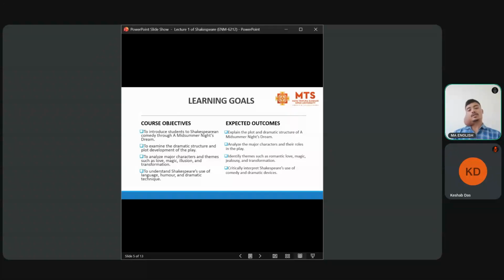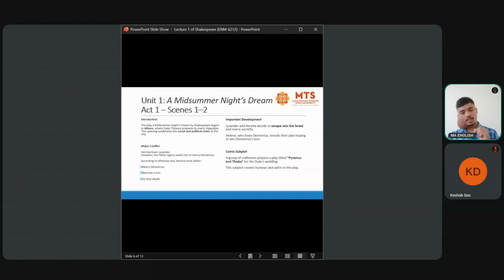Now let's dive into Unit 1, Act 1, scenes 1 to 2. Before we talk about what happens in Act 1, let me give you a brief background of William Shakespeare himself, because context always helps, right? William Shakespeare was born in the 16th century, in 1564,